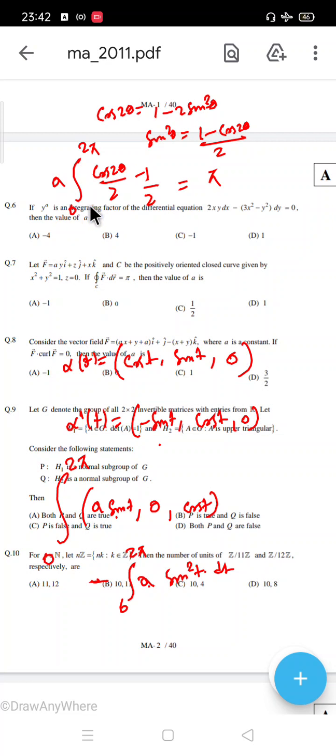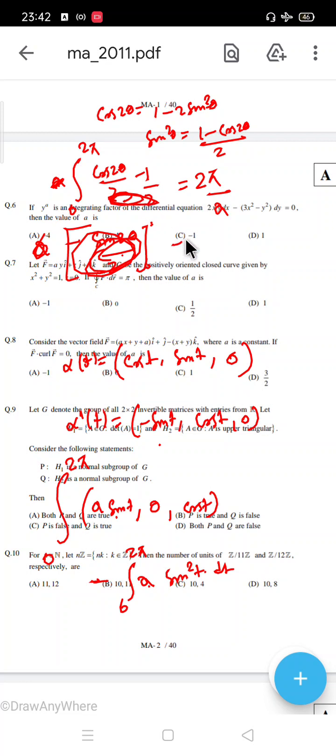So what is this thing? This will be cos, right? So it will be e into e, I'll keep that there maybe, and even the 2 also I'll give to this. So cos 2 theta, what is the integration of cos? It will be minus sin 2 theta by 2, from 0 to 2 pi, sin n pi to 0 is gone, so it will be having minus 2 pi, that is equal to 2 pi upon e. So 2 pi cancel, e is minus 1. Correct answer, e is minus 1. Which option? Option number 8's E.